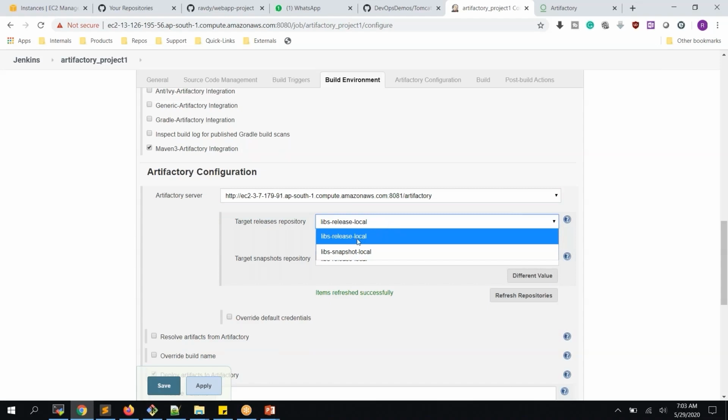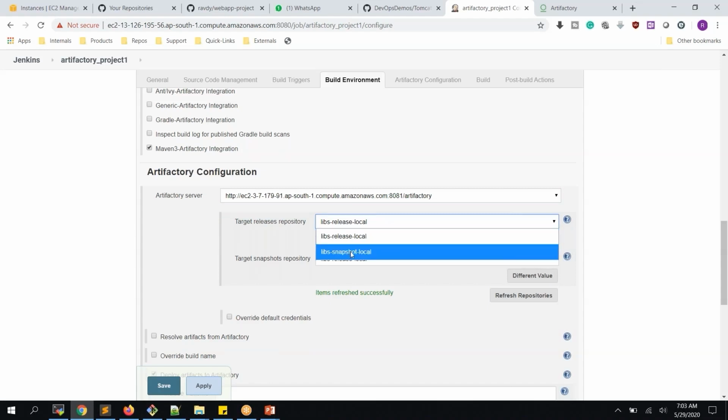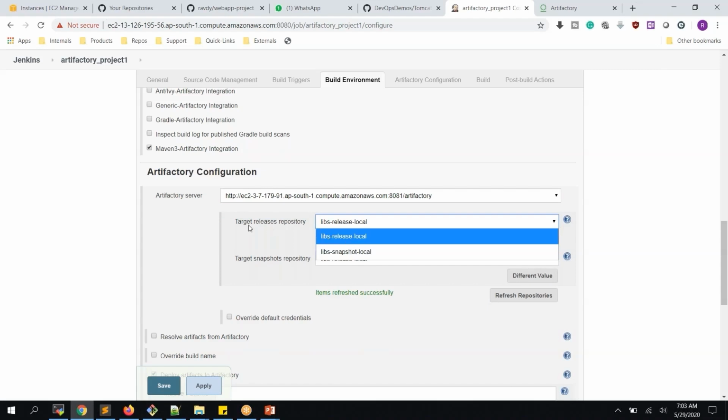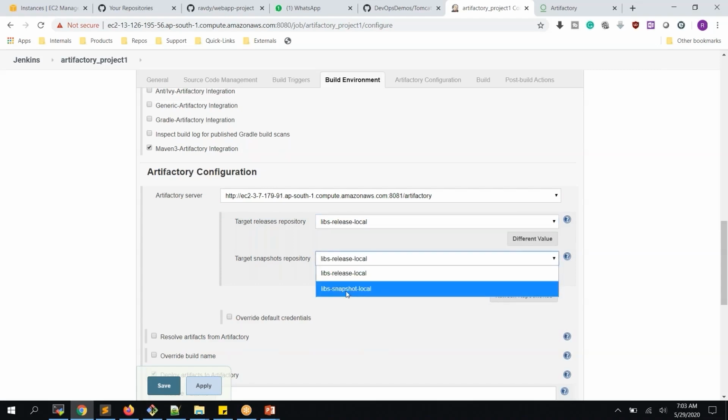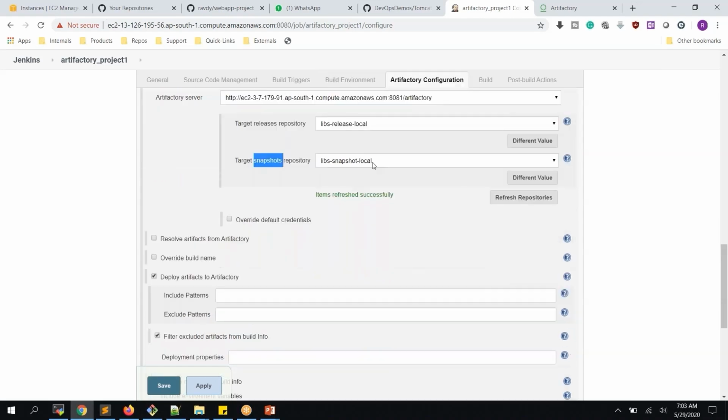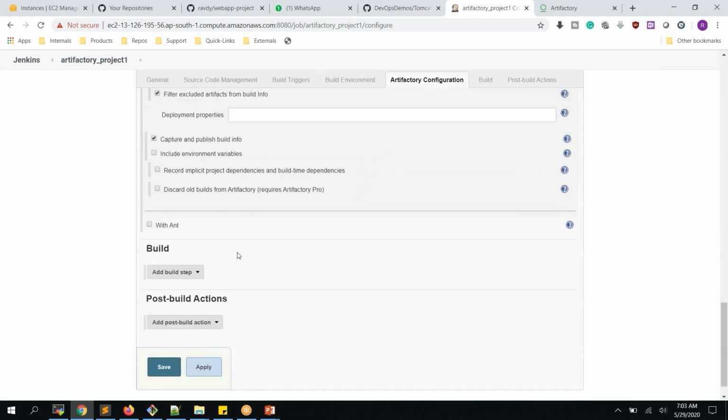For Maven project, we have release local and snapshot local, right? So for release, you can store over here. For snapshot, you can use the snapshot local. So you should choose the right one. You should not choose snapshots for a release, or release for a snapshot. It doesn't work. So we want to store it over here and then build, because this is a Maven project,